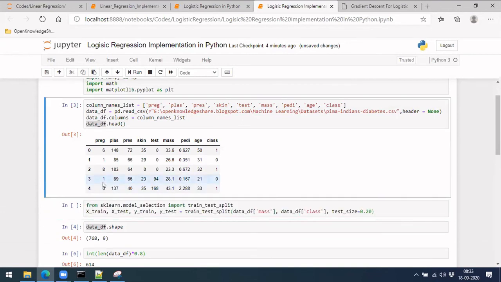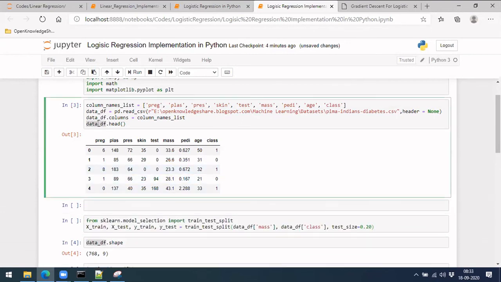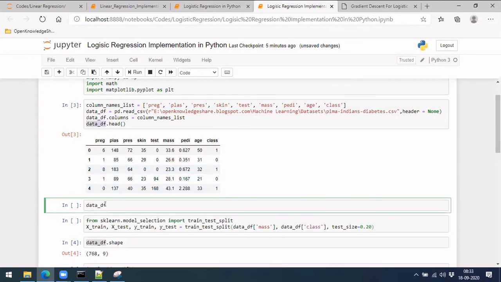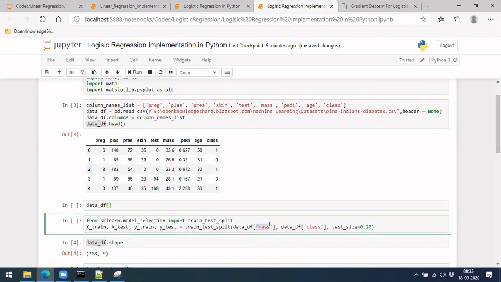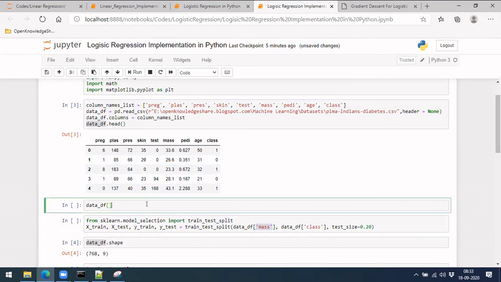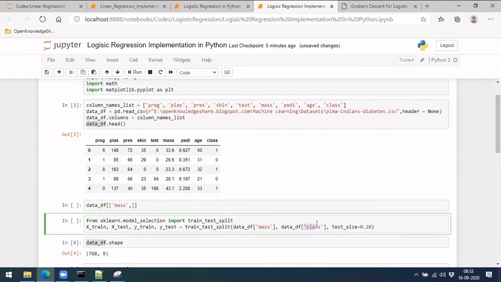Instead of taking all the columns, let me take only one column, like weight. How is weight related to diabetes? Let's say we are only using weight and trying to predict if the person has diabetes or not.